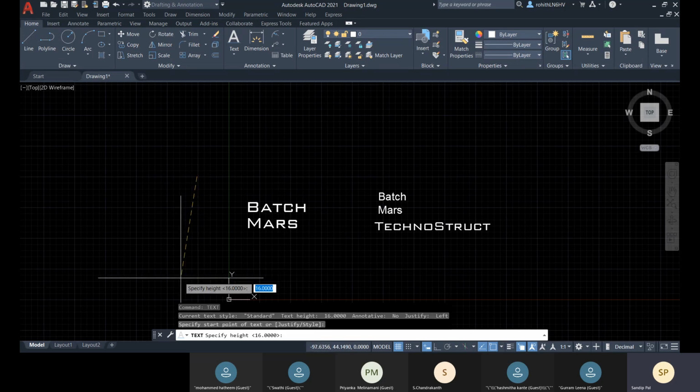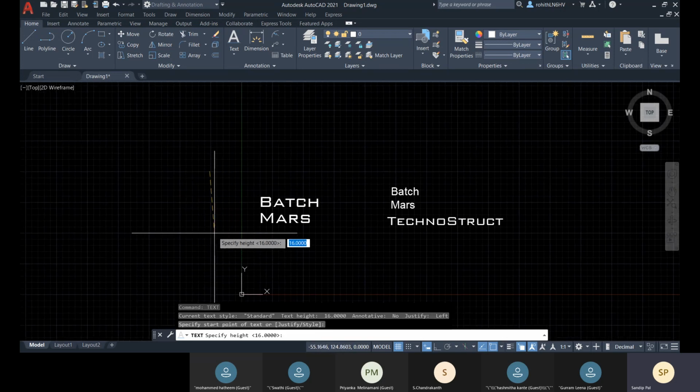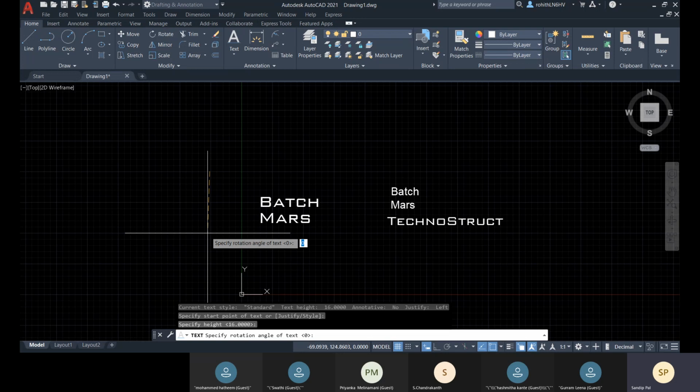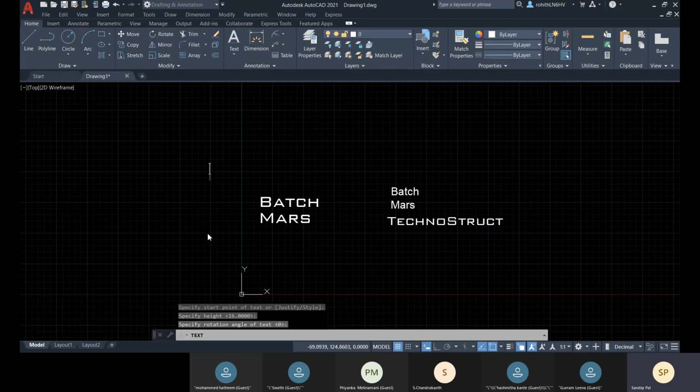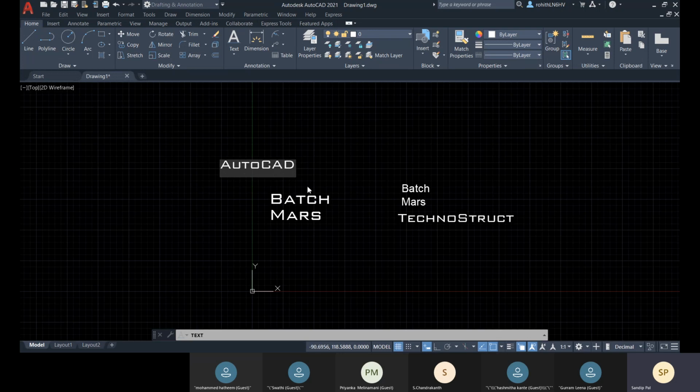So let me go with that, and you can specify the height, the rotational angle, and then you type. And now you see that is the default font style for single line text, right? Okay.